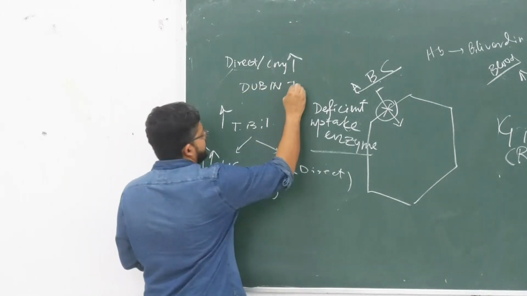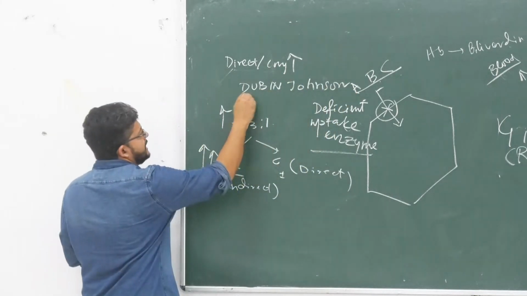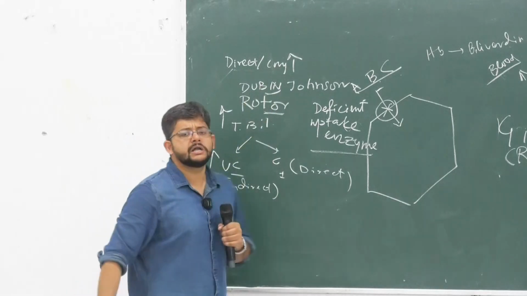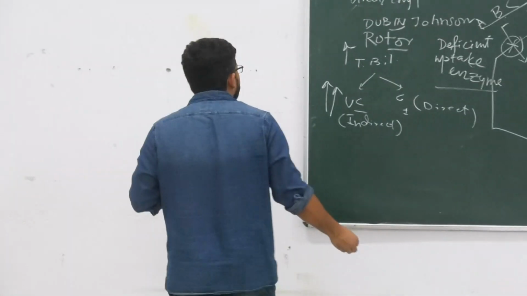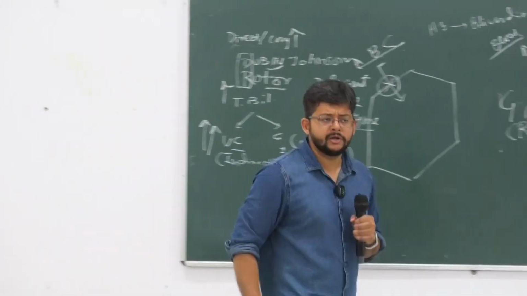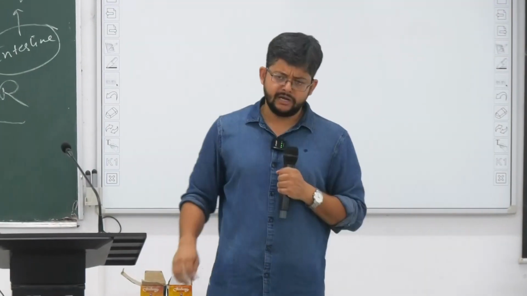ডাবিন জনসন syndrome. The second is Rotor syndrome. এই দুটো নাম মনে রাখলেই চলবে। These are conjugated hyperbilirubinemia. আরো ইজি ওয়ে হাউ টু রিমেম্বার, DR, doctors are conjugated, you will remember whole life. So ডাবিন জনসন সিনড্রোম নইলে খুব কনফিউশন হয় পরীক্ষায়, এটা কনজুগেটেড ছিল না হাইপার কি ছিল, দাও পাশের লোকের থেকে